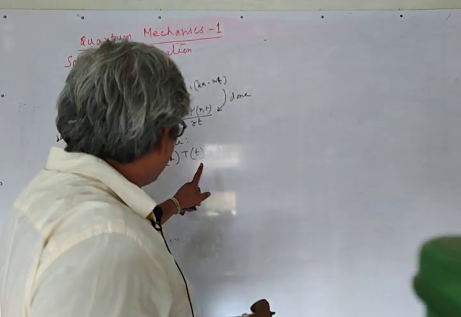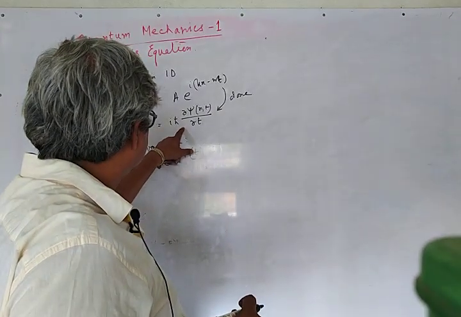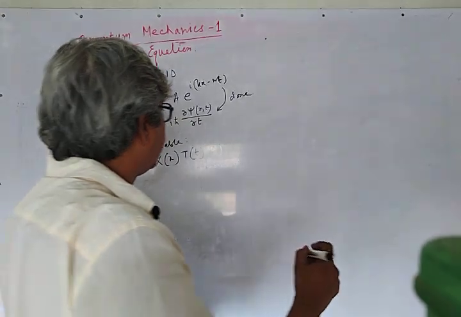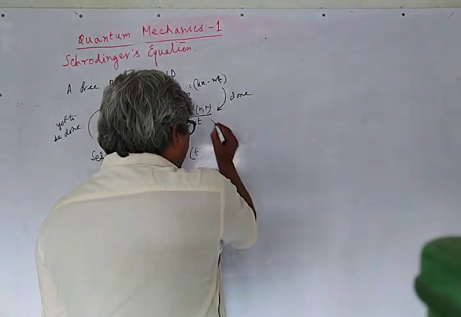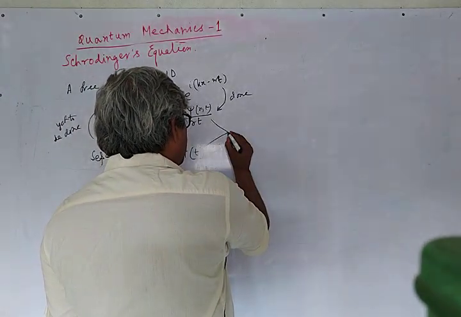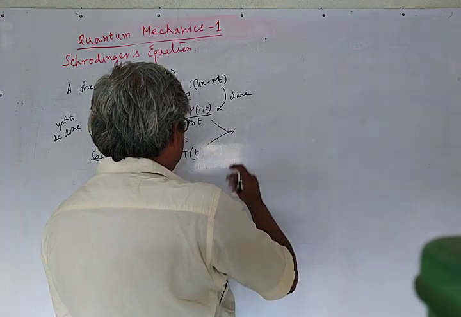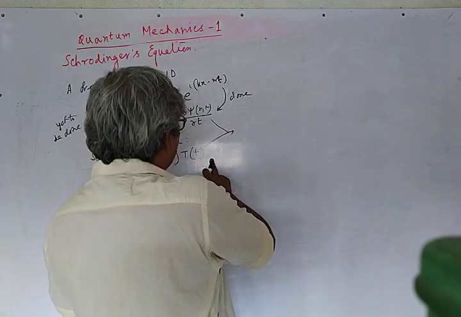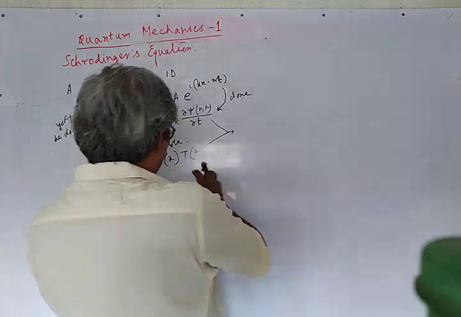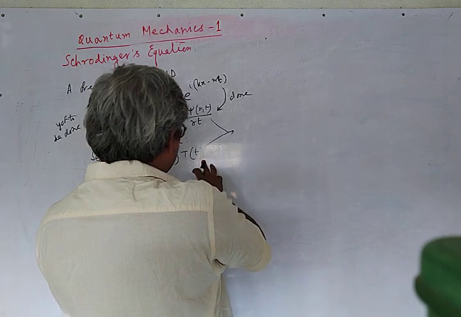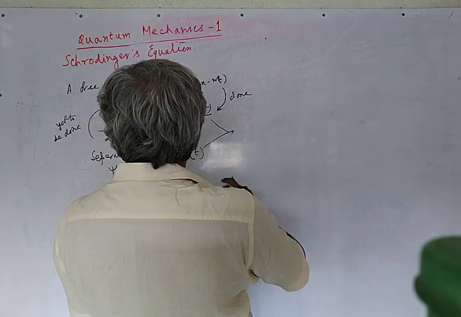Now we apply this on this equation and assume that the solution is non-trivial, that is, this is not zero always, so we can divide both sides by this, and the result is